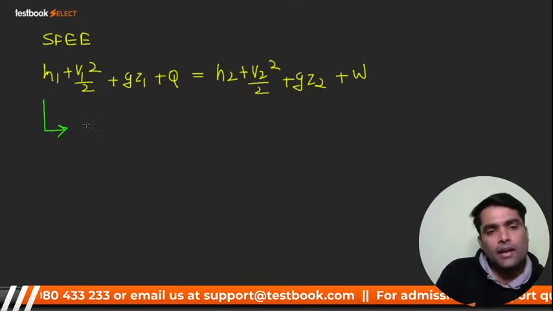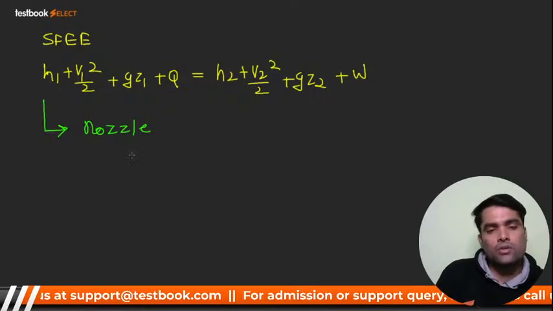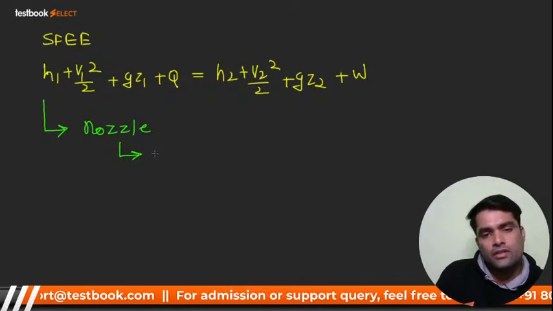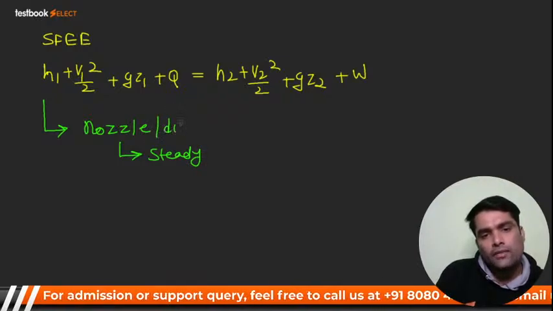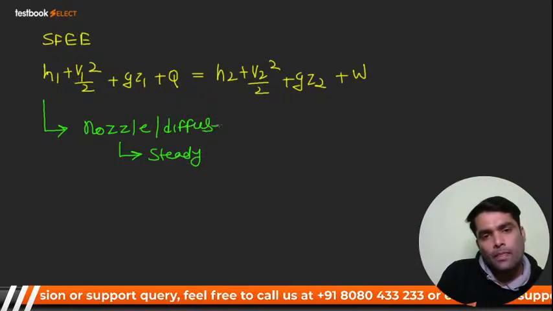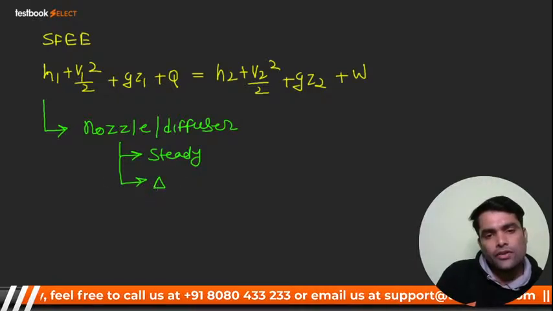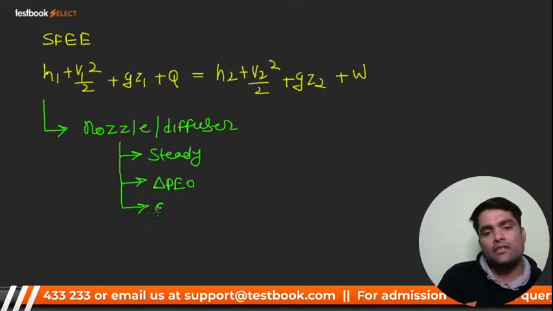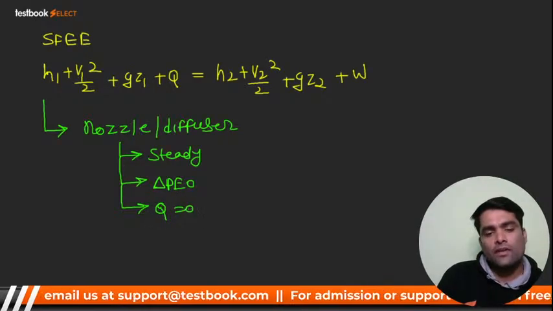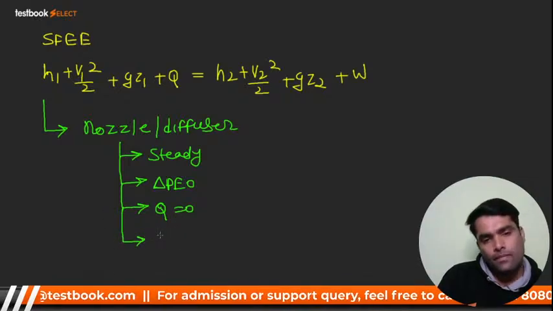So my dear, when I applied this to the nozzle, जब इसको आप nozzle पे apply करोगे, you have to take some assumptions. Steady flow होगा एक तो nozzle में, nozzle and diffuser बच्चा, okay. Steady flow होना चाहिए. There is change in potential energy, क्या होना चाहिए? 0. What else बच्चा? Adiabatic. There is no transfer of heat, that is Q is equal to 0. And my dear, work done by the control volume will be 0,